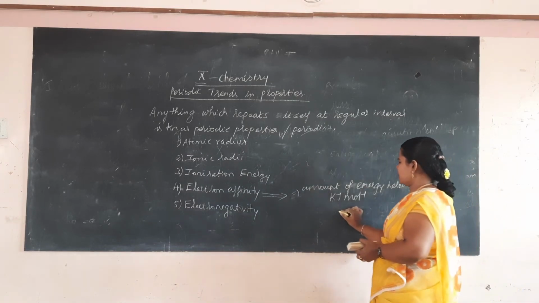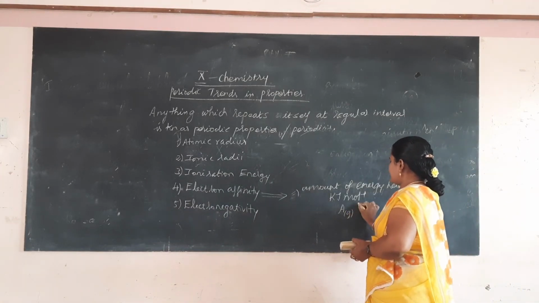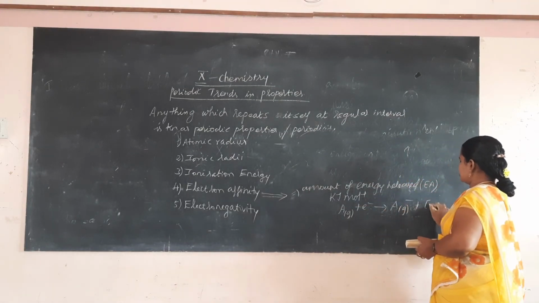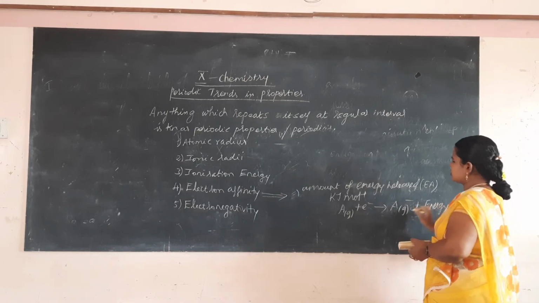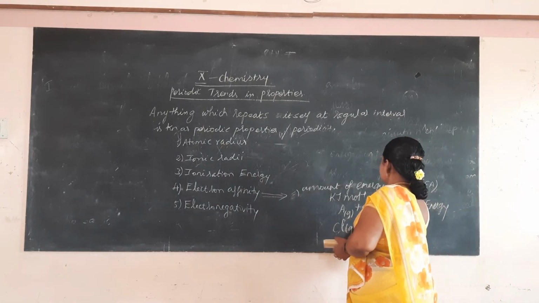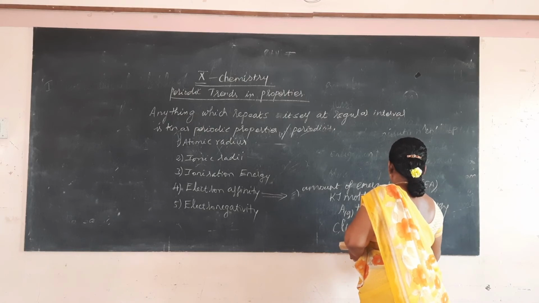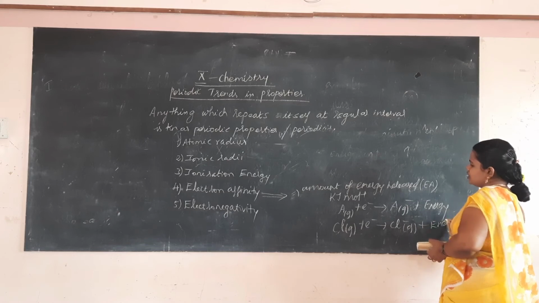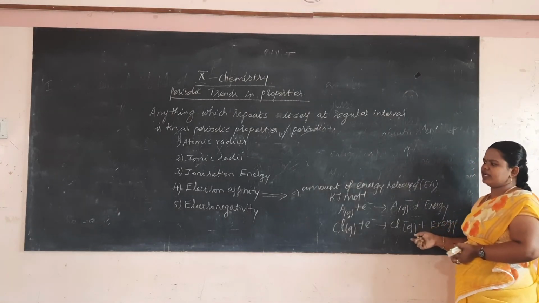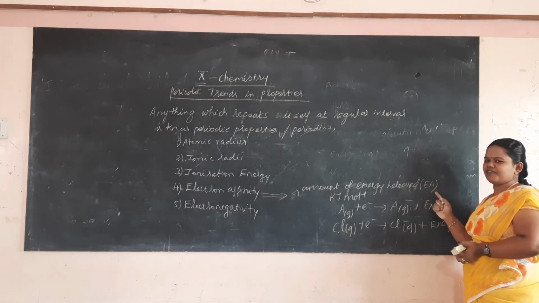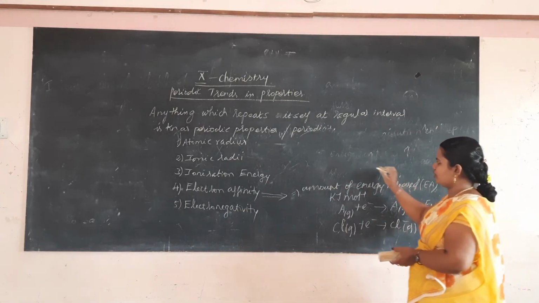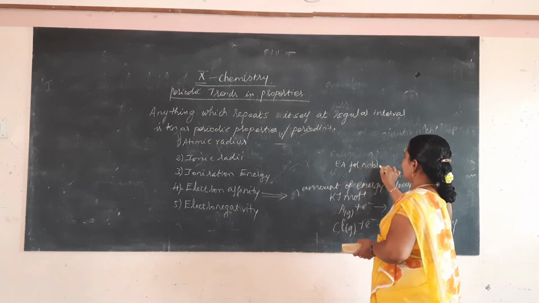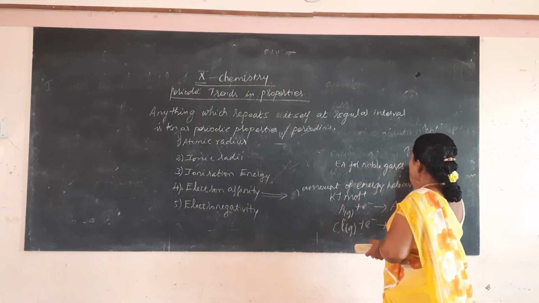Here we will write one example. For example, this is the atom A. It gains one electron to form an anion plus energy. One example you can give is Cl. Cl gains one electron to form Cl minus ion plus energy. So in this reaction energy is released, and since energy is released, it is nothing but the electron affinity. Another important thing you have to remember is that electron affinity for noble gases is 0.